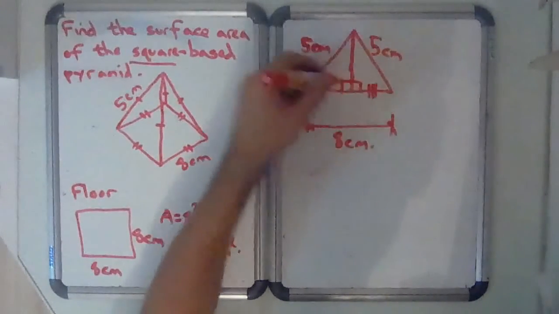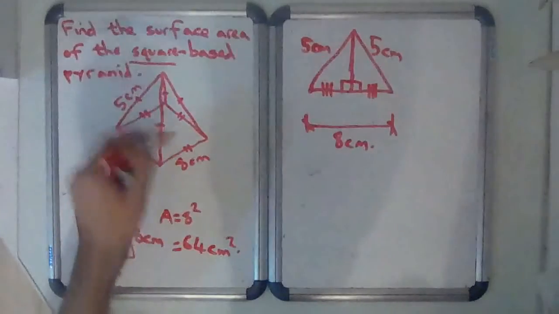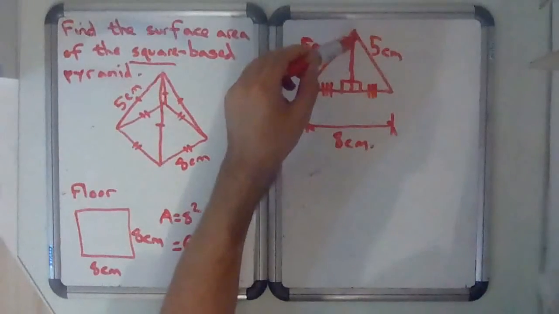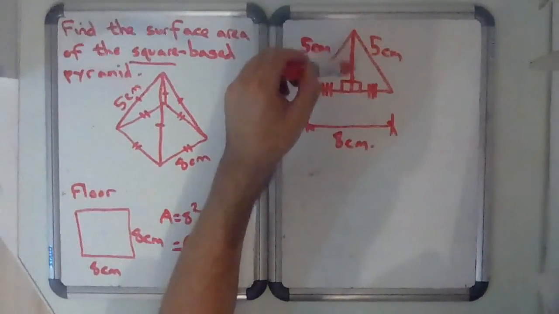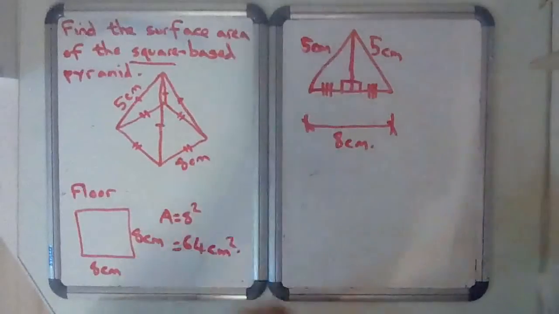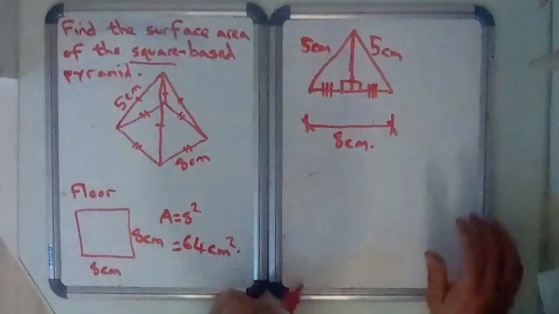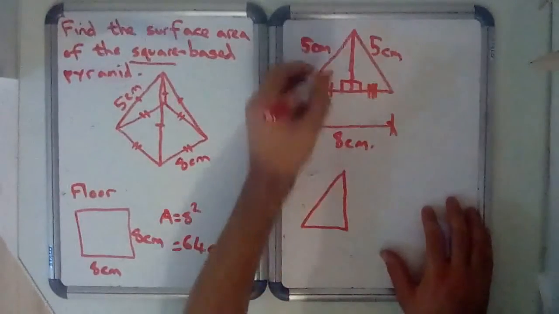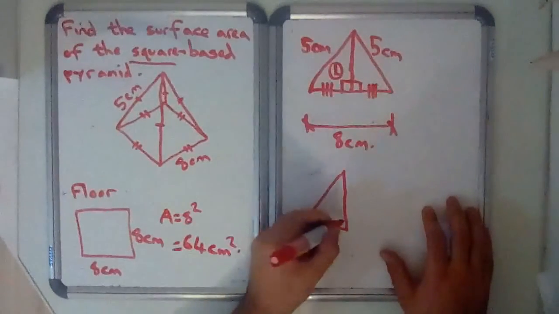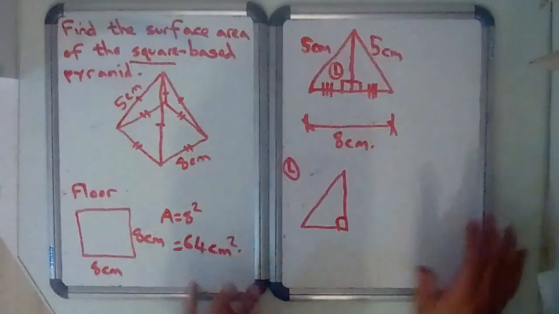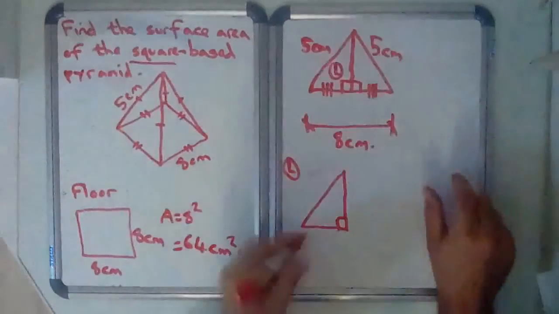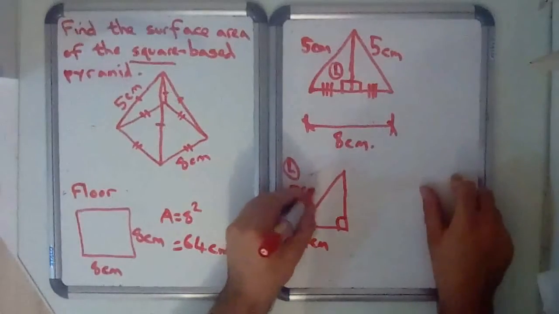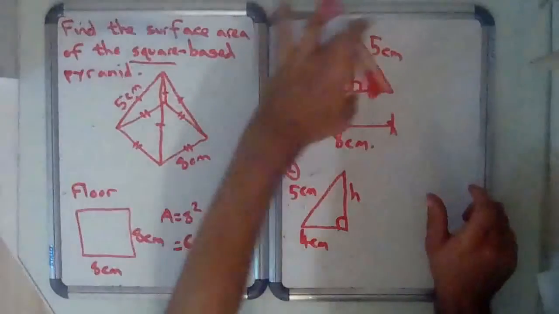So I'm going to draw 3 of these because we've already got a lot of equal lines going on. So if you have an isosceles or an equilateral triangle and you draw a perpendicular up from the base to the point, it makes 2 congruent right-angled triangles. So if I just draw one of these, so think of this as at the left edge, so we'll call that L for left. If I just draw that here, so this 8 has been halved into 4, so this can be 4 cm. This slanting length is the 5 cm, and this we're going to call h because it is the height